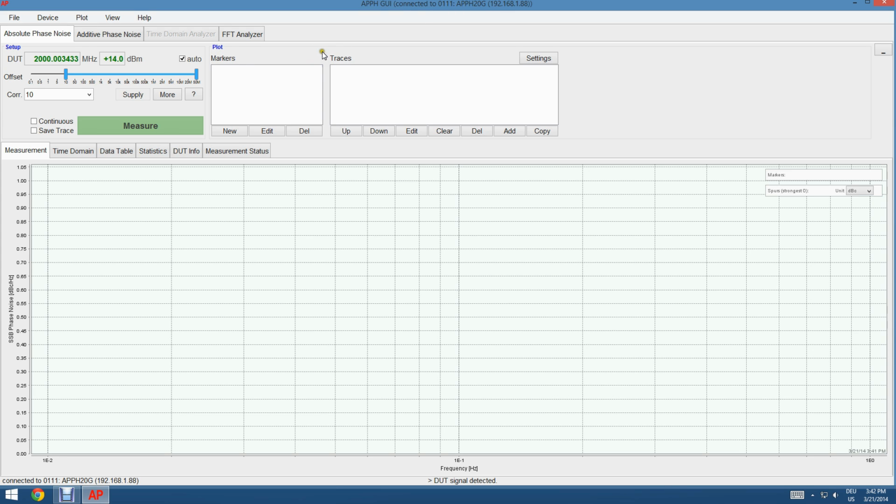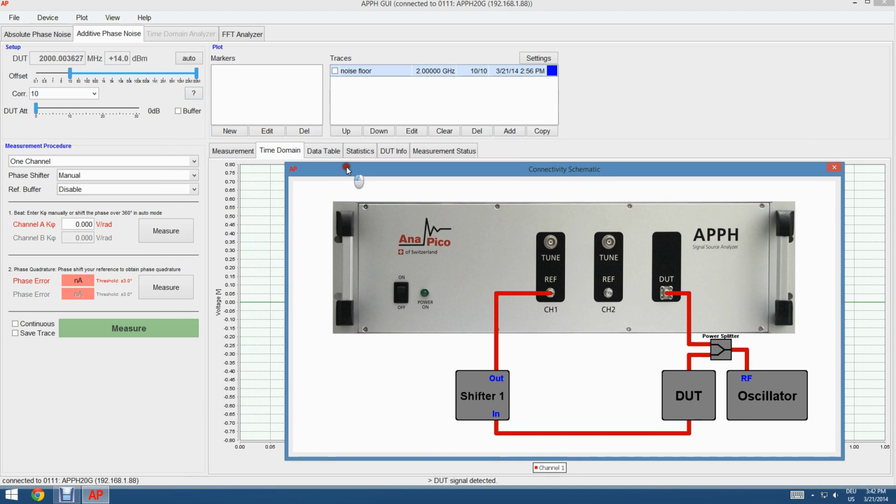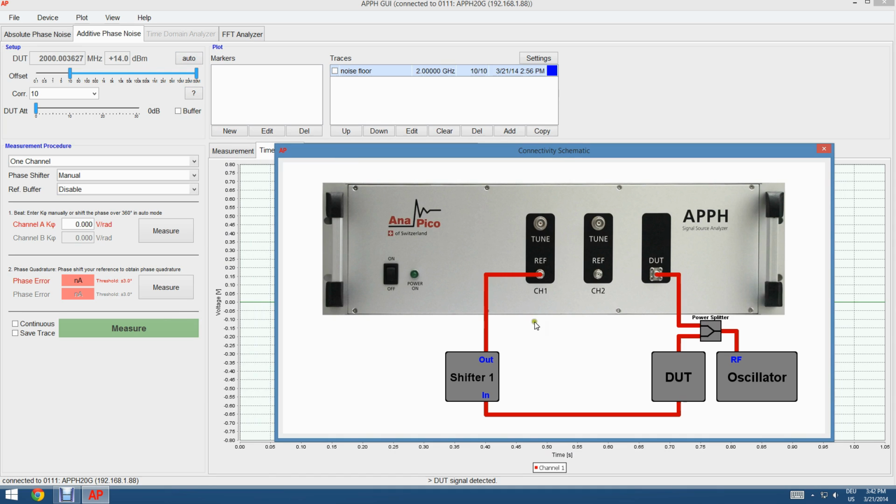So to start, we're going to switch to the Additive Phase Noise Measurement tab over here. So let's go shortly through the measurement setup. I'm pressing this question mark button to see a schematic of the measurement that we're going to perform. And you can see,